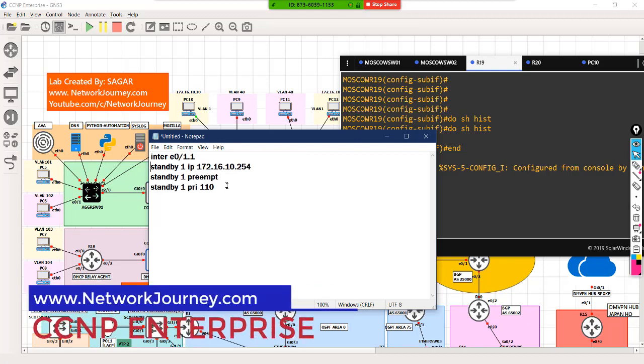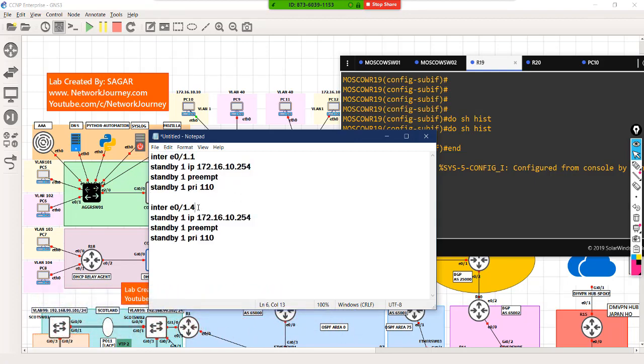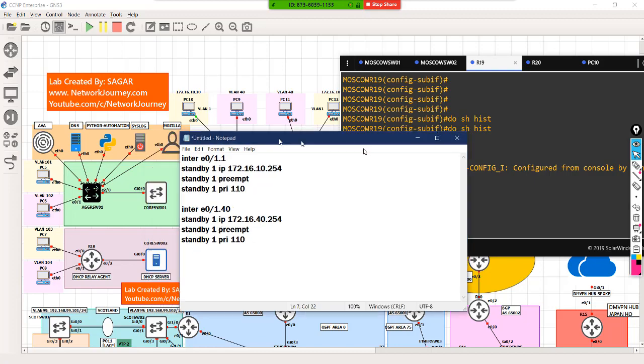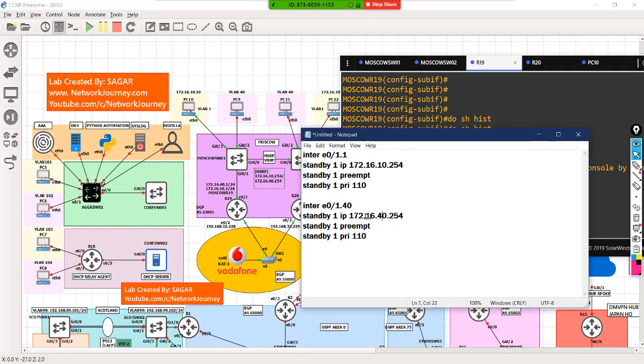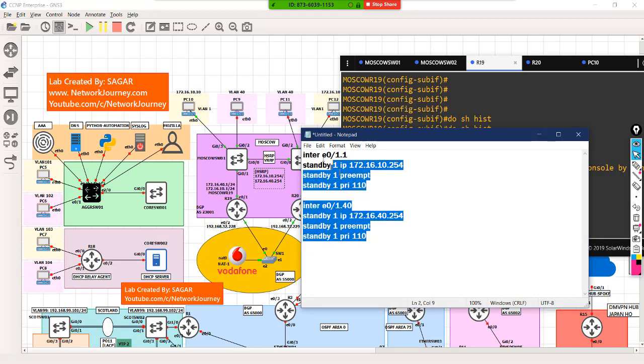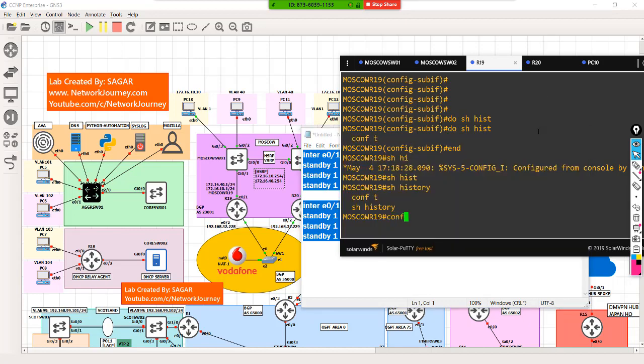Similarly I have to configure it for VLAN 40 as well. That's on sub-interface dot 40, and the IP address becomes 172.16.40.254. That's again printed on my screen. Let's give a priority of 110. So let's copy this and bring it over here.